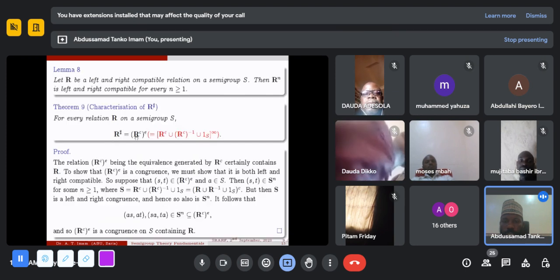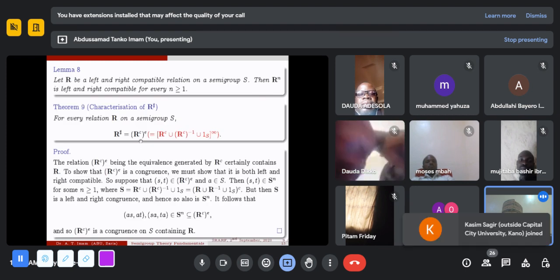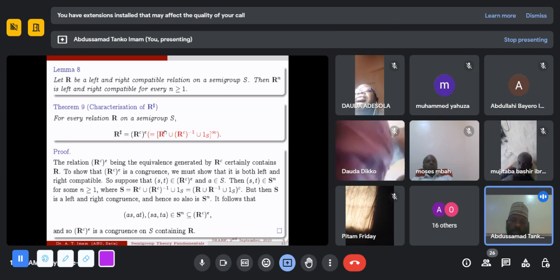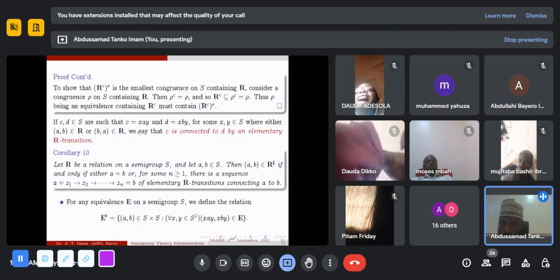So to state that, because this characterization over here is a little bit, what do we say? Maybe we say this is not intrinsic. This is from the outside actually. If you want to go inside and see what is going on, if you want an intrinsic type of characterization, so that you see what is going on inside, you can have a corollary to this, but before the corollary, we just present a small